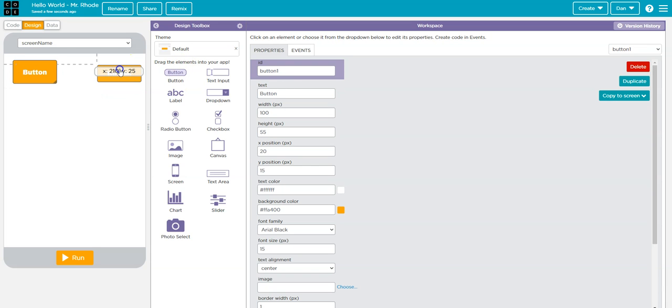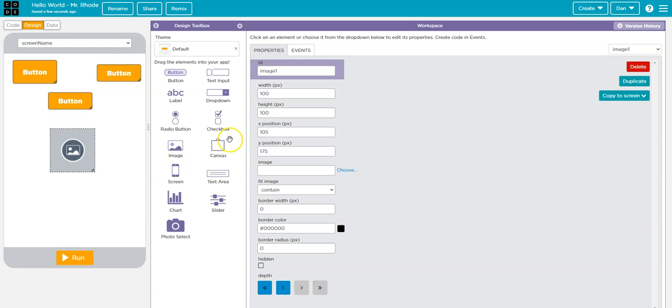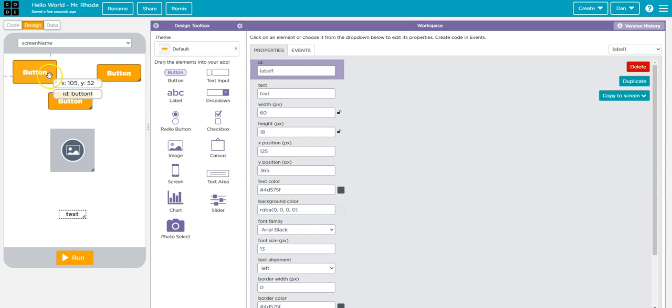I'm going to have a back to name. I'm going to have a button screen, and then I might have another one here, an image here, and maybe a piece of text down here. So again, I can do all the things I've done before. I'm going to rename one of the buttons though. I'm going to name it